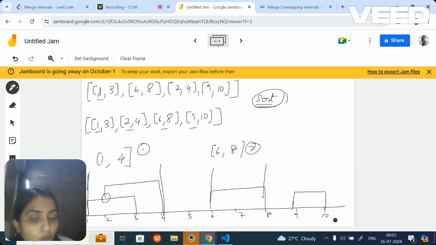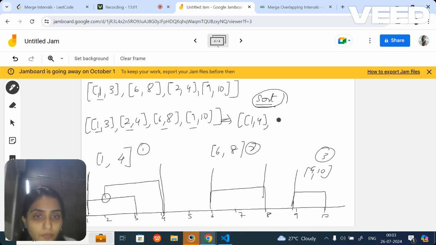If it was 7 comma 10, it would have been different. So now the starting is 9 and the ending is 10. So this is your third non-overlapping interval. This way, with the boundaries, you can find out from where to where it is lying. So now your non-overlapping arrays will be 1 comma 4, 6 comma 8, and 9 comma 10.